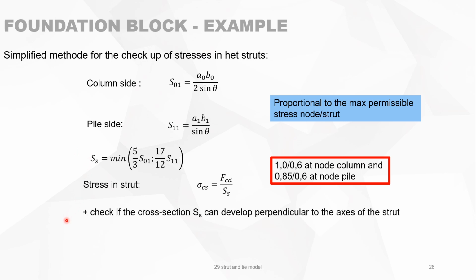Of course, you always have to check if the cross section that you use here as S can develop perpendicular to the axis of the strut. This is a check that you have to do. Otherwise, it can happen that this surface is going to be outside the foundation block, and this is not right. So you have to limit this to stay inside the block. So you have to check this cross section S. And we assume that the struts have enough space to spread